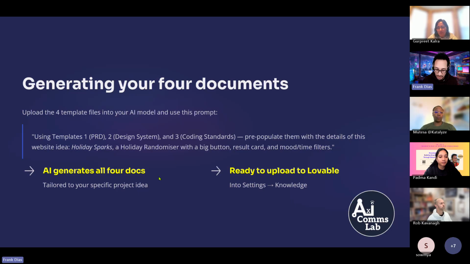And what you can then do is have a chat with your AI model of choice. Mine was Claude for this example. And I just told it everything about my web app or website idea that I wanted to work with Claude to develop a little bit further. So it has some good knowledge about what exactly it is that I want to build that's in my head. I then say to Claude, here's the template for the PRD. I want you to populate this template now with my web app idea.